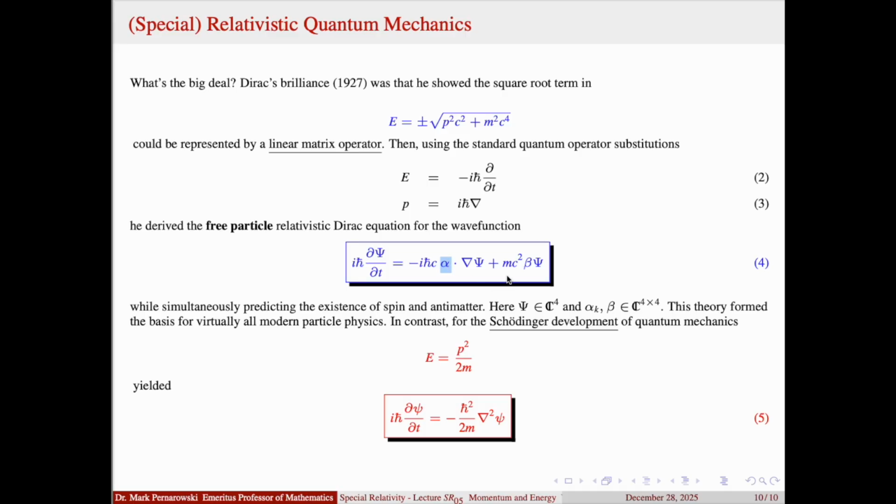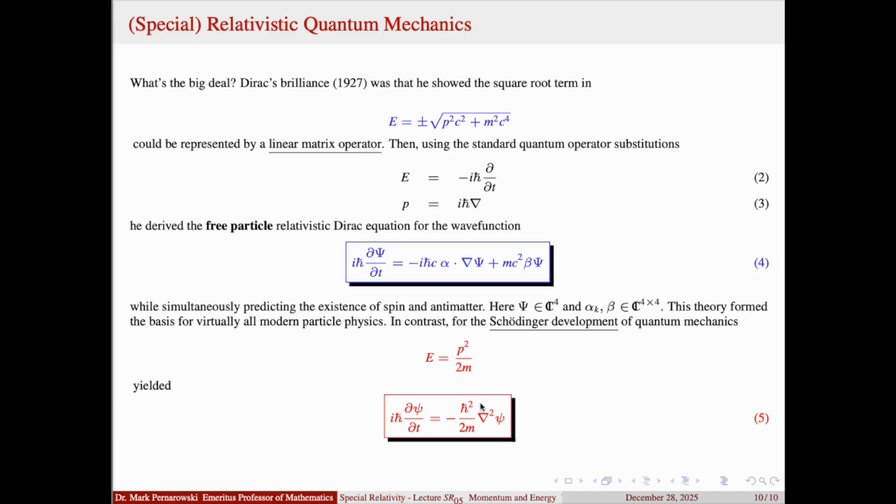They're four-dimensional wave functions. And in there's this alpha thing here. That's actually a 4x4 matrix. And this beta is also a 4x4 matrix. And this equation works even better than Schrodinger's equation. And what Schrodinger did was basically said, if I don't have a relativistic theory of quantum mechanics, I do have the regular energy dispersion relation for a free particle. It's just p squared over 2m. E is equal to p squared over 2m is the total kinetic energy. So if you use that and you use these differential operators, you get Schrodinger's equation